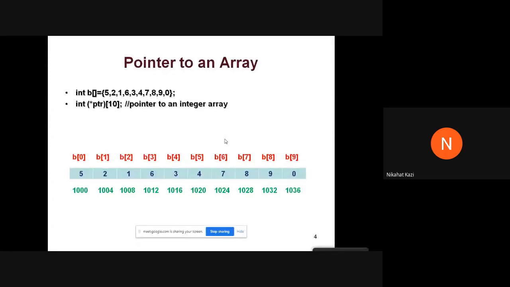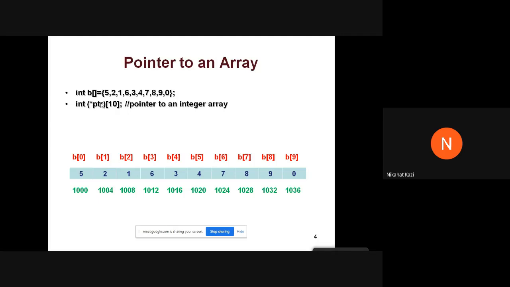Now what is a pointer to an array? This is something different from what we have seen so far. What we have seen was a pointer to an int, or a pointer to a float, a pointer to a particular variable. That pointer is pointing to only one such address. Okay. Now what is a pointer to an array? A pointer to an array is actually a pointer which points to the entire array as a whole. So this that we have seen here is the way of declaring a pointer to an array.